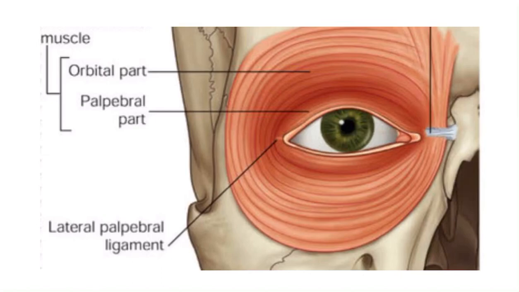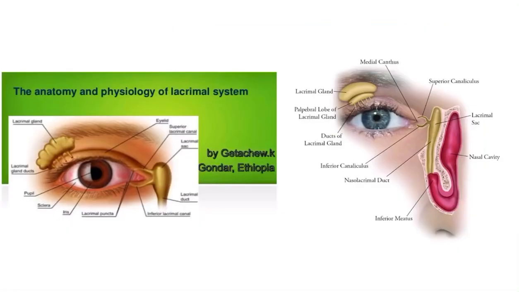And then third one is the lacrimal part, that is the most important portion. In the lacrimal part I have showed you something called the posterior lacrimal crest. So it starts from there. Look at this area. Here you can see the lacrimal sac and the lacrimal canaliculi, all those things. So zoom in and see nicely. Towards the right side picture you can concentrate more on the lacrimal sac. Now this lacrimal part of the muscle takes its origin from the lacrimal fascia and posterior lacrimal crest, and then it encircles the lacrimal sac. It goes behind the lacrimal sac and then it divides into two portions and it enters into the eyelid.